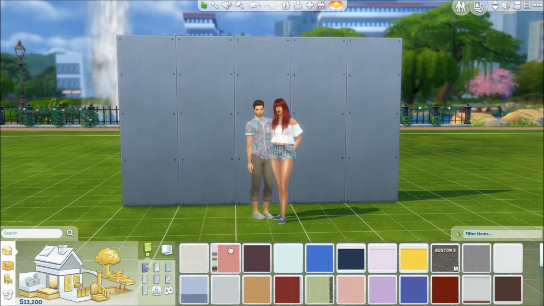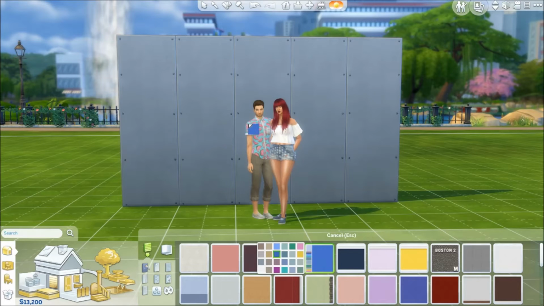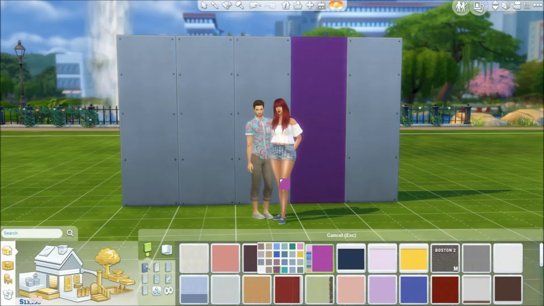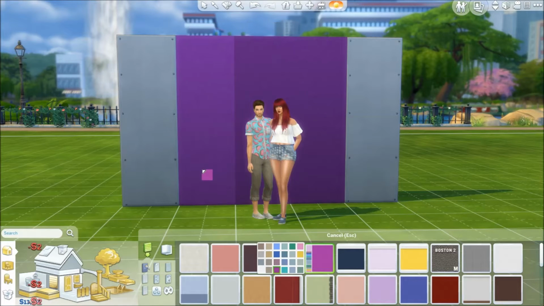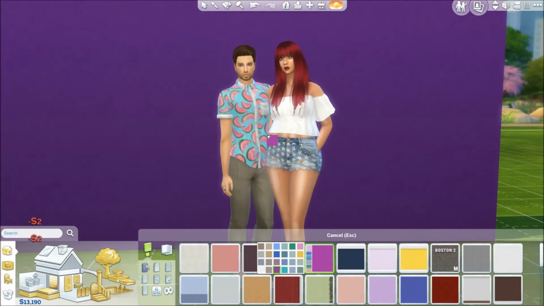And as you'll see, I'm doing it here. I'm voicing over, so it might be a little bit off, but you will get the picture of what I'm doing. I usually use that green in the top row though, but because of his shirt color, I didn't. So I'm going with this purple color, and